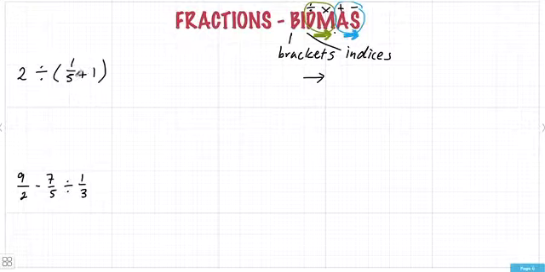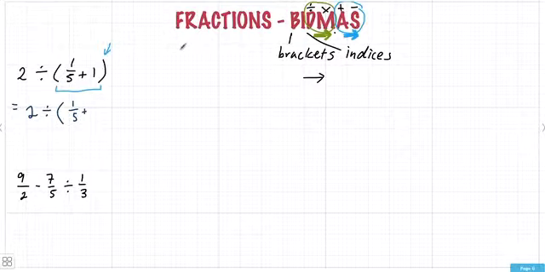So what we're going to look at here, we've got 2 problems. The first one, 2 divided by a fifth plus 1. I can see that I've got brackets here. So that's what I'm going to have to do first. Okay, so the brackets part, I'm adding 1 and 1/5. Now what we'd really like to do is add both of these numbers so they're the same over the same denominator. So we could write that, and I'll just do this in blue underneath, 2 divided by 1/5 plus,